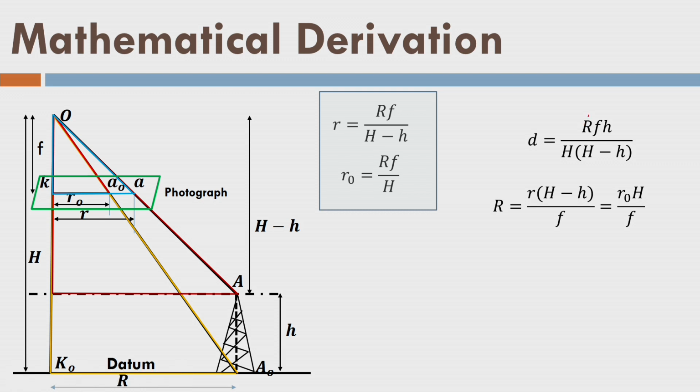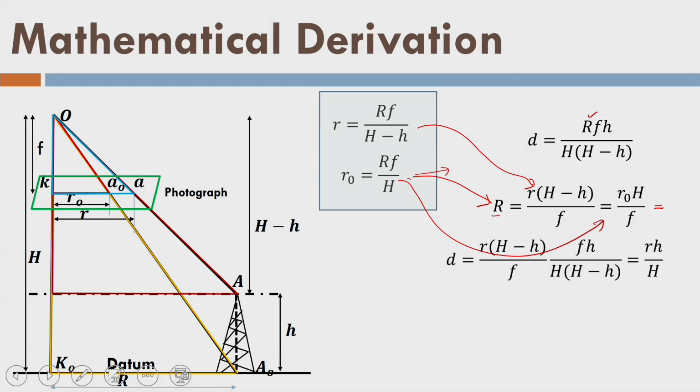Further, I can say what is the value of R here. So, R is nothing but, I can write like this, okay, and then I can also write it equal to this one. Why? Because from there I am writing this term. I hope you agree with that. And similarly, from this term I am writing this term, and from here, so yeah, I am writing this term. So, that is equal to the R. Fine. And as a result, if I replace this R from here, I can find this expression, where d is given by R into h minus h by f into this thing, finally this expression. Okay.